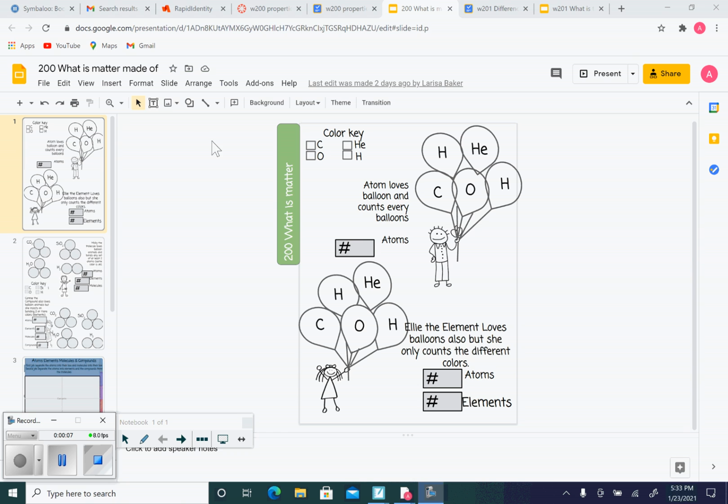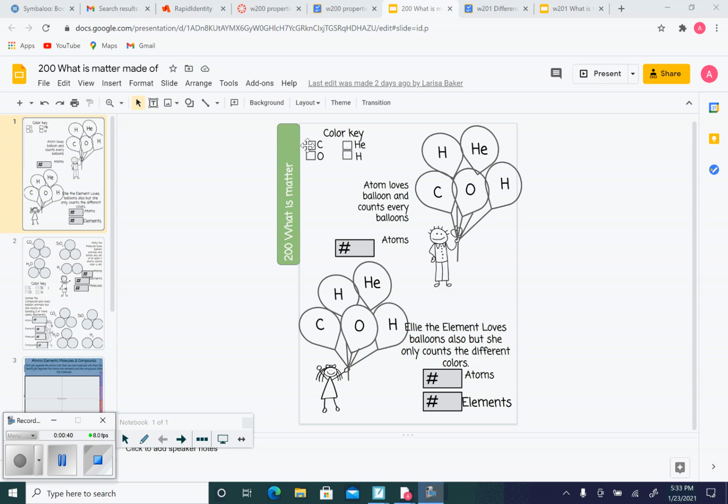I'm going to go over the W200 for those of you who were not in class to deal with it. All right, what we're talking about today is what is matter. Matter is made up of atoms, elements, molecules, and compounds. Hopefully you've watched the other video, looked through the PowerPoint, and taken your notes. So I'm not going to go through all of that again, but I will show you what to do on